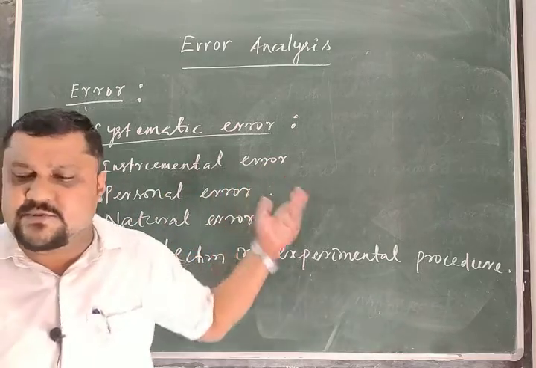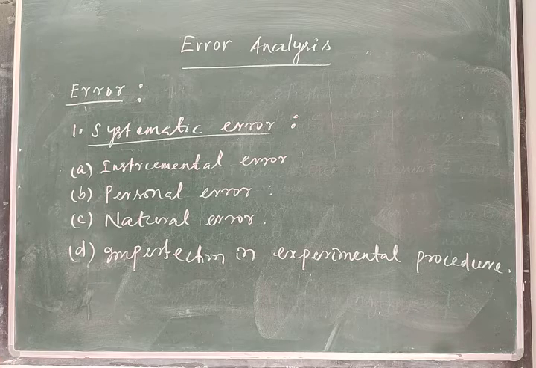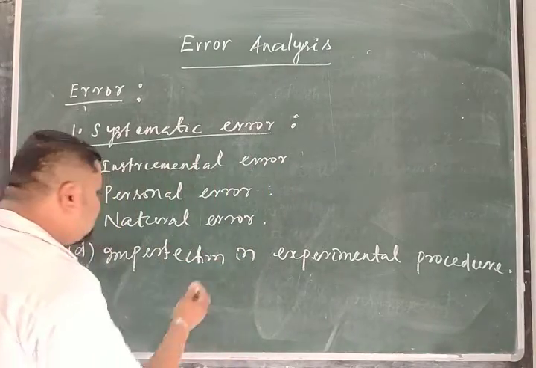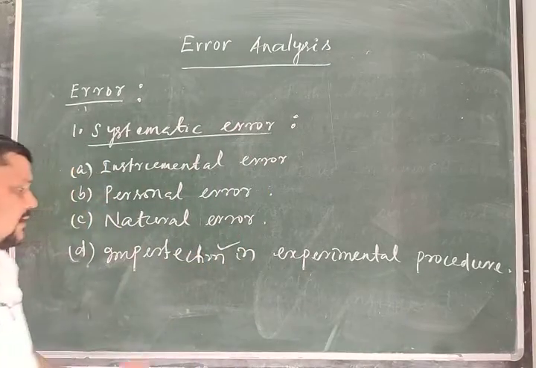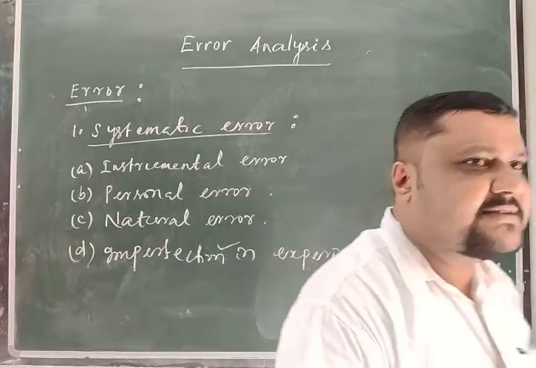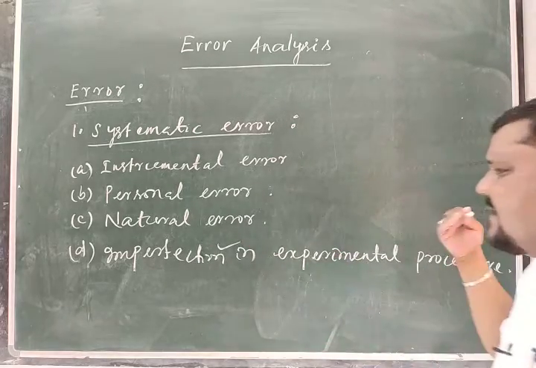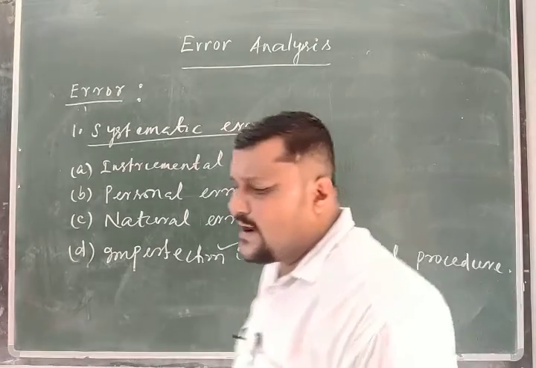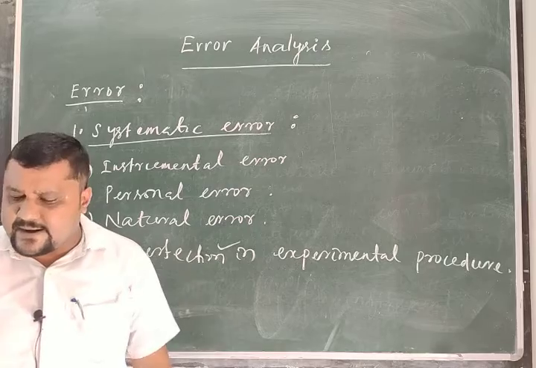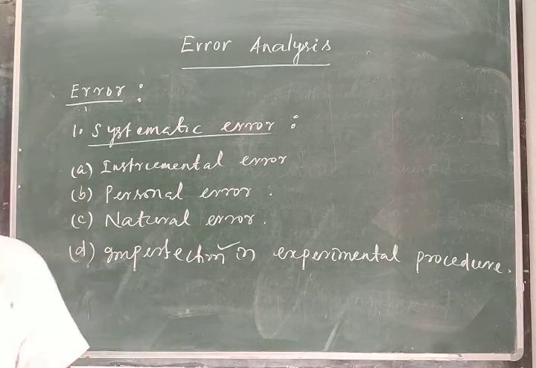If you use a perfect instrument, there will not be any instrumental error. Second, by improving the experimental procedure, there is no imperfection. If I use the formula F is equal to mass into acceleration to measure the force, I have to multiply mass and acceleration. Then there is a perfect formula. Similarly, there are many formulas that you already know that we use for different measurements. So that is the second way in which we can minimize this error.